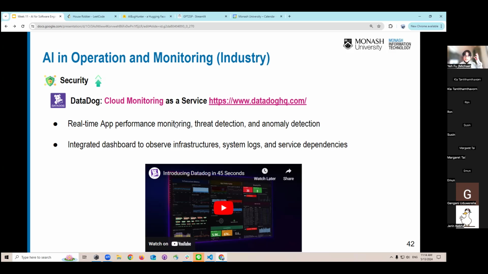Remember, in our operation team, we want to respond to this kind of unforeseen error quickly. So this kind of AI-powered operation and monitoring tool is helping us to respond to those unforeseen events more smoothly, and helps us to observe the overall system architecture during the operation and monitoring step.